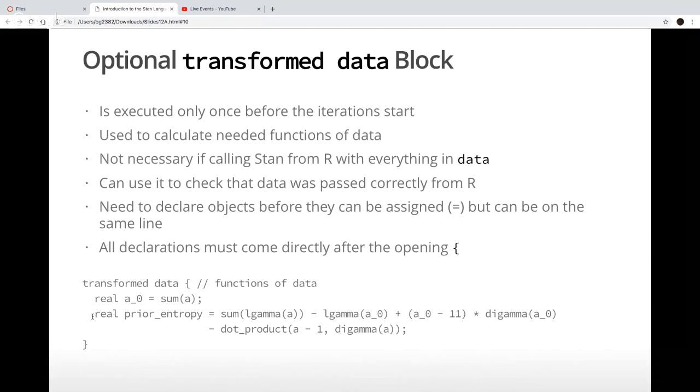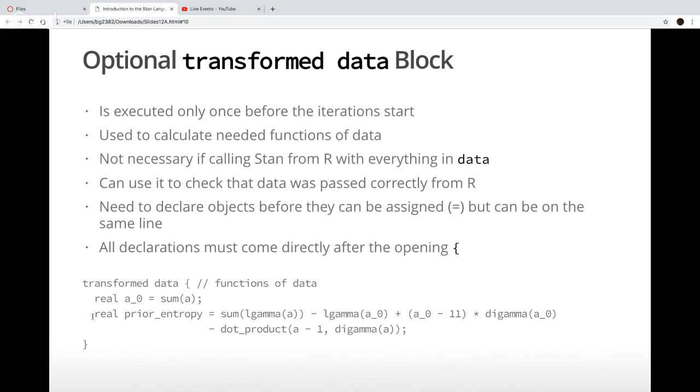It's also good for presentation purposes, if you have enough space, to put as much as you can into the Stan program. That way when somebody's reading it, they don't have to flip back and forth between the R Markdown and the Stan file to figure out how everything was defined. You can just do it all in Stan if you want to. Another thing you can use the transformed data block for is to put in print statements just to make sure that the stuff got passed in from R correctly. It'll just print out once what everything in the data block is, and you can check those.